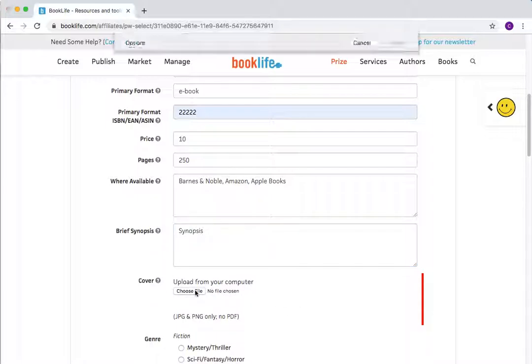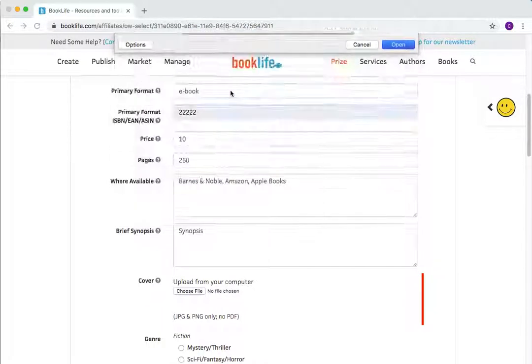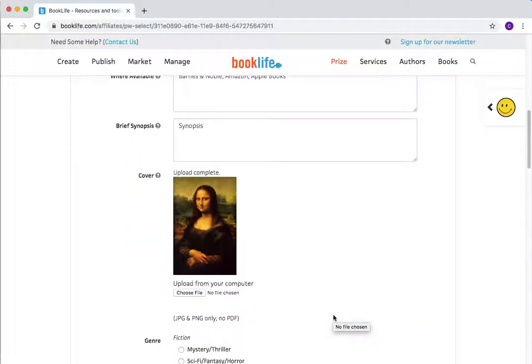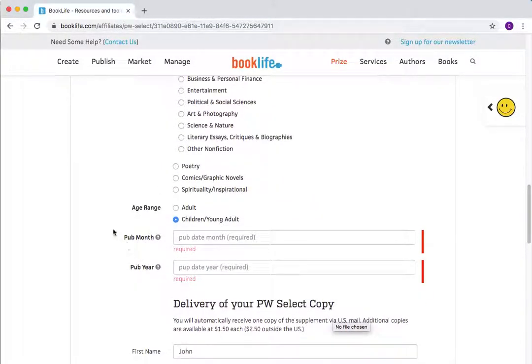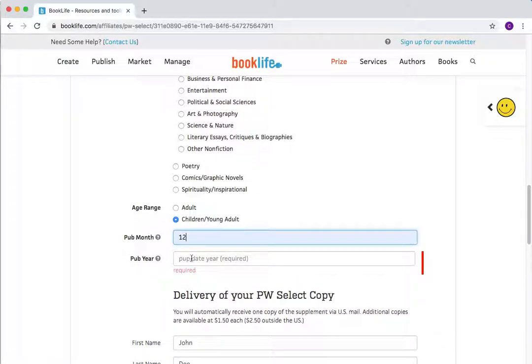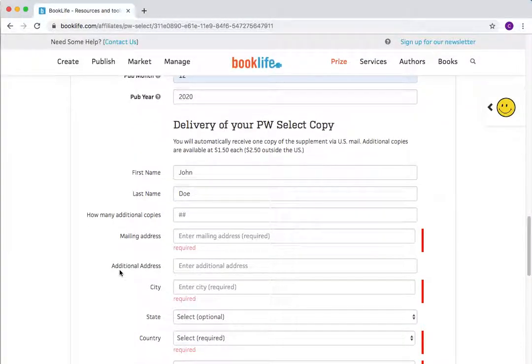And then we would upload the cover of the book as it's going to appear in Publishers Weekly. Make sure that we've categorized the book correctly. So we have here, we're going to say what the pub month is and the pub year. And then here we fill out information so that you can have a copy of the issue of Publishers Weekly that has your listing in it mailed to you, and you can order additional ones. So if you wanted 3 additional copies at $1.50 each, $2.50 if you're outside the United States, and then here you'd put in your mailing address,